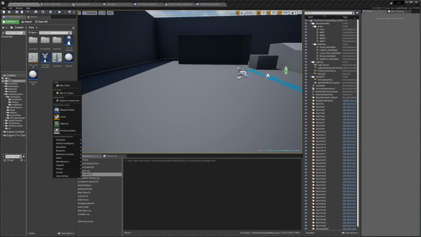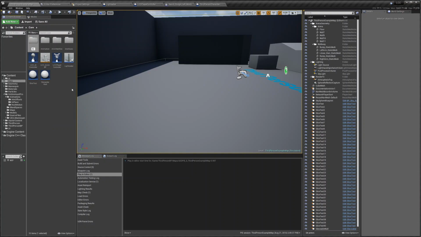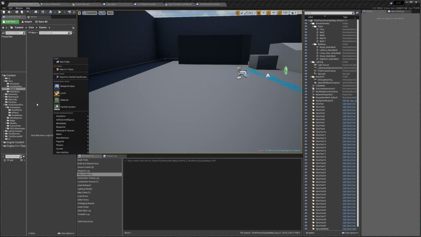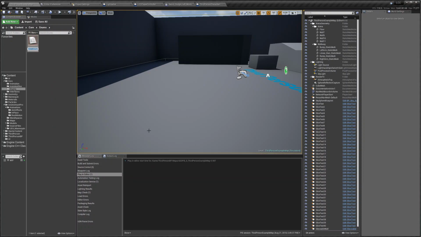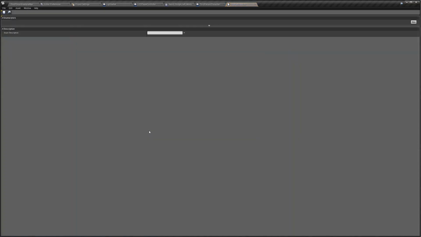So core, content folder core, enums, just to have everything tidy. And add blueprints, enumeration, dodge direction. Or if you want to follow Unreal's way of calling enums, it will be E dodge direction. E stands for enum here. So what are enums? Enums essentially are